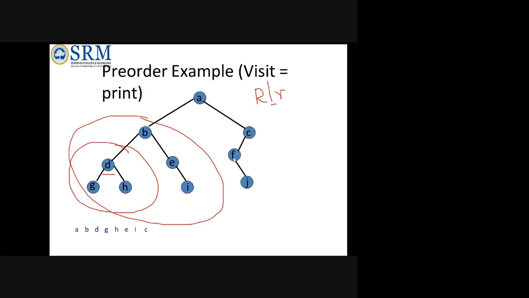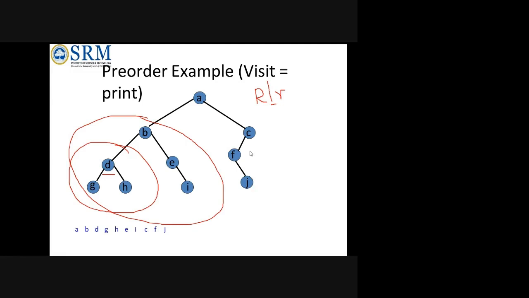Now it will check whether it has a left and right. Now F, that is the left, is there. So F also will be printed. Now F is again acting as a root node for J. So it is having a child. This C subtree is having a child, but no left, only right. So this is how it works. Now I will show you another example where the coding animation happens.